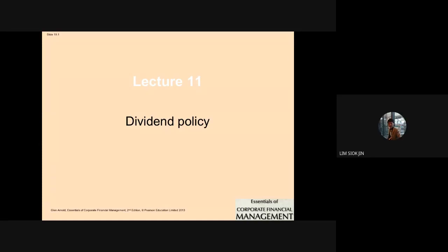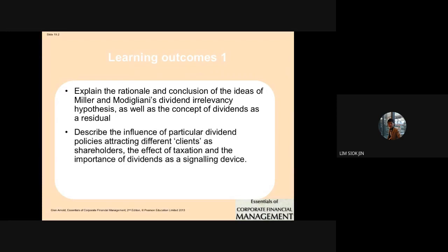Alright, so our lecture 11 talks about dividend policy. In this chapter, we will talk a little more about dividends, relating to Miller and Modigliani's theory on the dividend irrelevancy hypothesis and the concept of dividend as a residual. You may not understand this at first, but later on, you will be more familiar with what all this